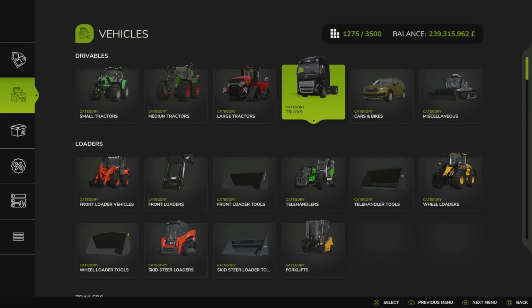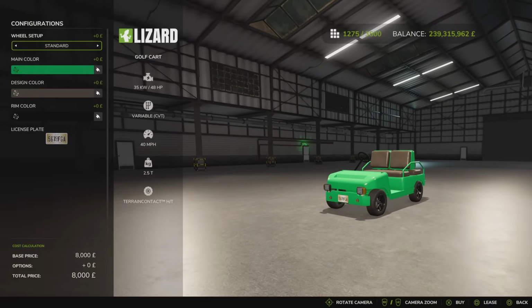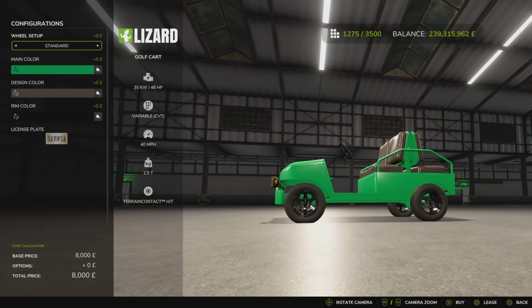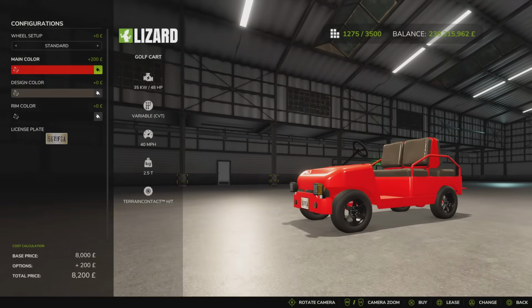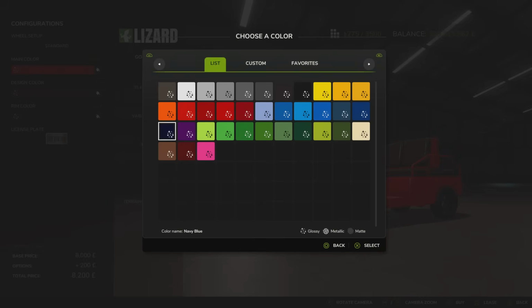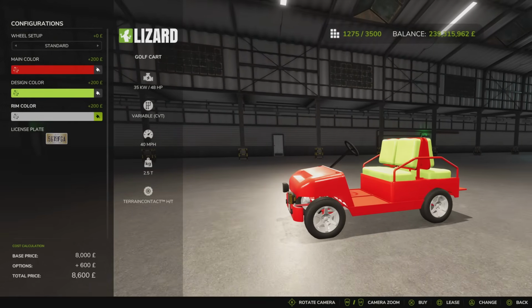consoles. If we come up to the top, across to our cars and bicycles, there you'll find it, 8 grand, 48 horsepower. We've got wheel setup, we've got standard or standard 2. We've got main colour, anything on that palette, like that. Design colour does the seat, so if you want a real plush leather or you want to go for, it's up to you. Of course, rim colour, anything on that palette, like that, and a license plate option there as